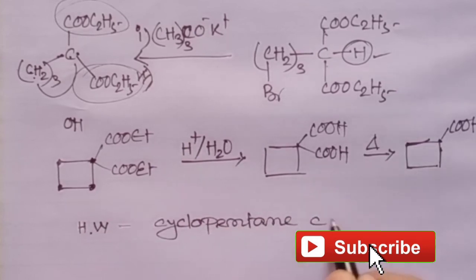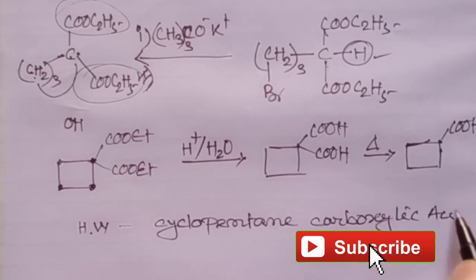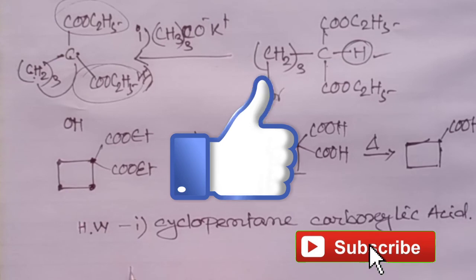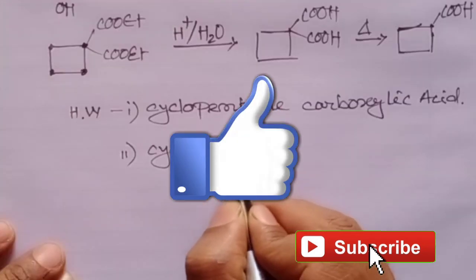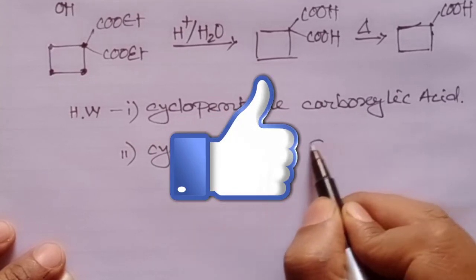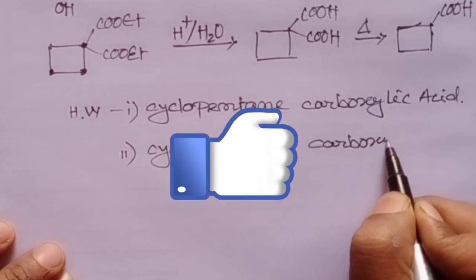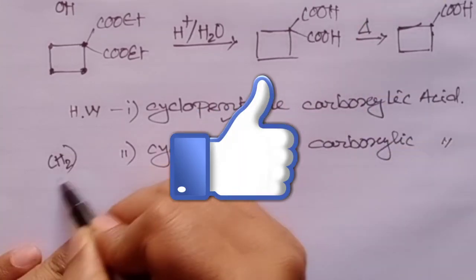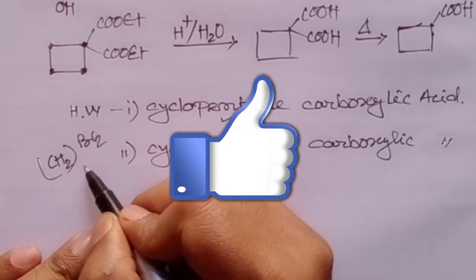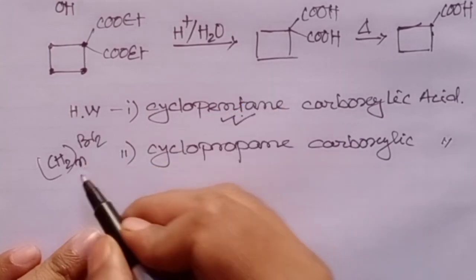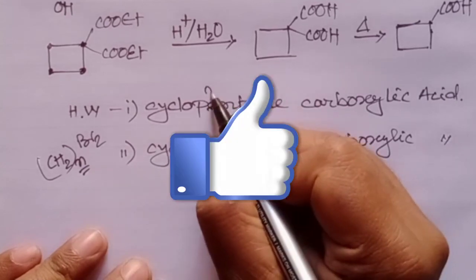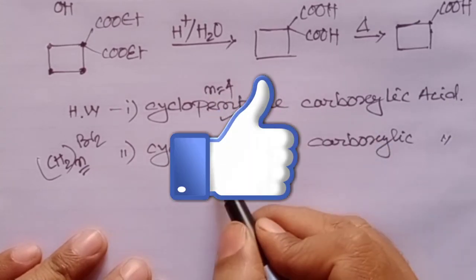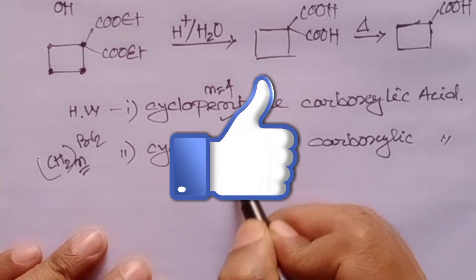Now let's try out the same way to prepare cyclopentane carboxylic acid. And secondly, prepare cyclopropane carboxylic acid. Just remember, for pentane (CH2)n Br2, right? So the value of n should be 1 less, that is n should be 4. Here n should be 4, and if it is cyclopropane, n should be 2. Okay,